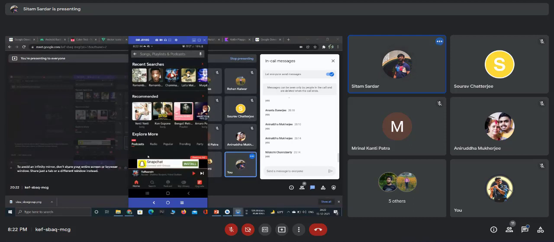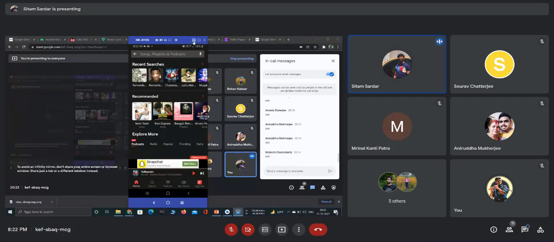Now, if I want to match this container, I am ordering this container to match the whole parent in width.